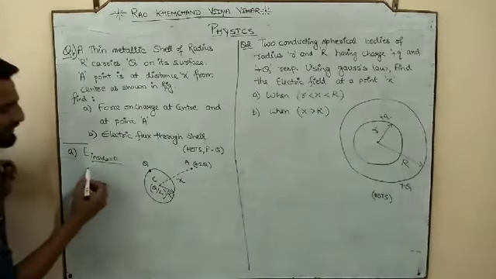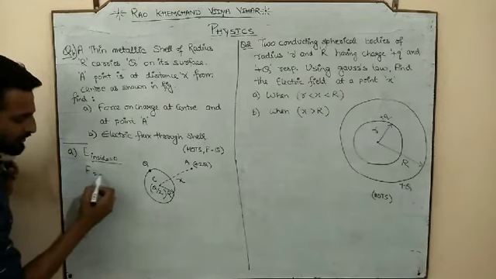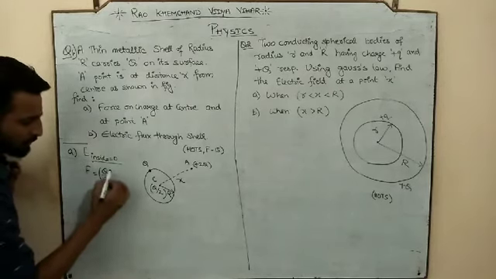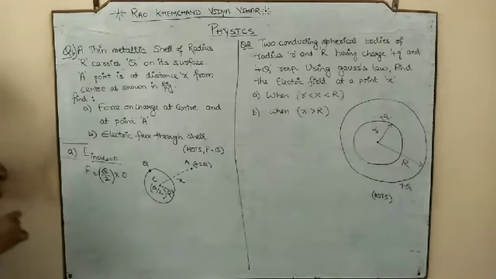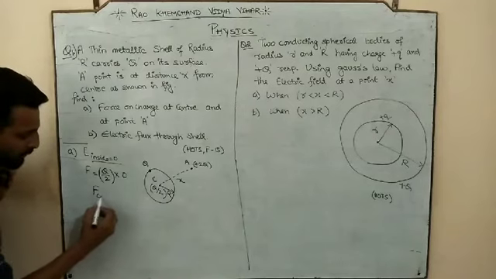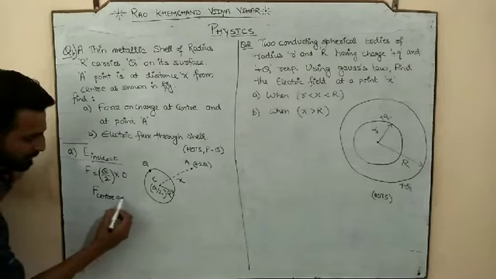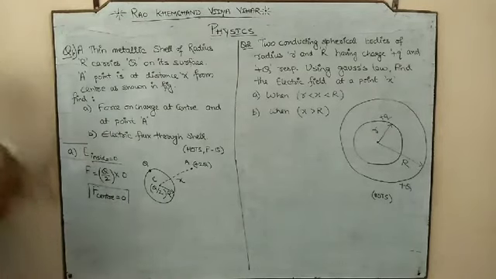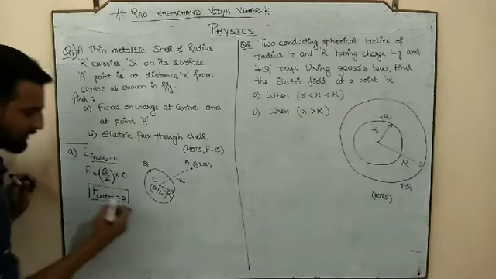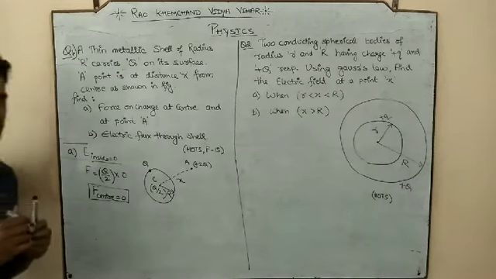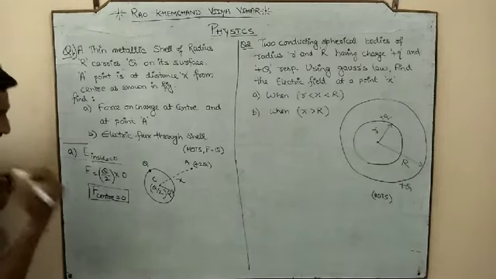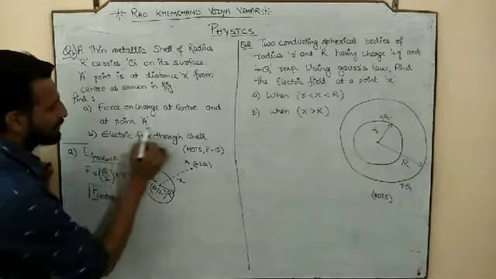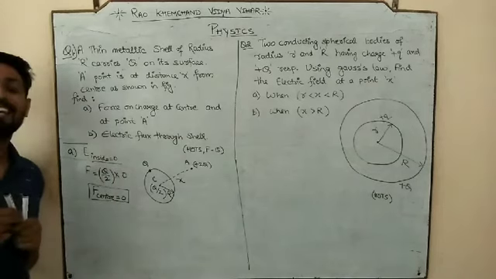So what is the electric field inside? 0. So the force is equal to, what is the charge at the center? q by 2, means q into E, the electric field. But what is the electric field inside? 0. So the force at the center would be 0. So you will write in a proper language. I am only giving you the hint because of the lack of time and space. Please everyone.